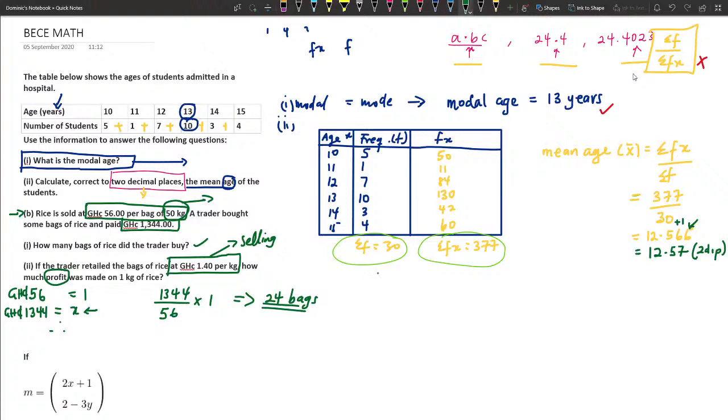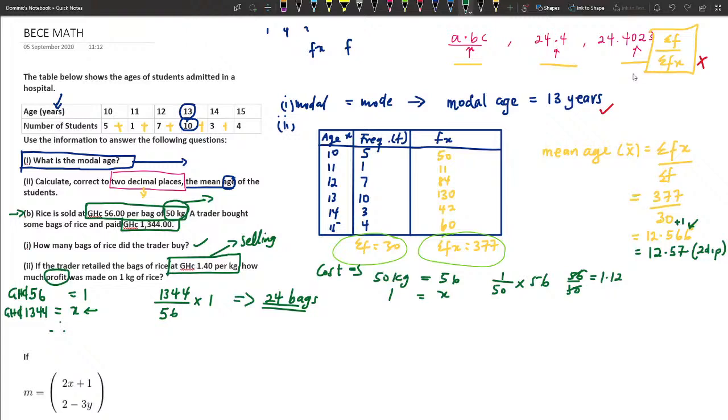So if I have 50 kilos, we are calculating the cost price. If I have 50 kilos giving me 56 Ghana cedis, then 1 kilo should give me less than that. If less, more should divide. So it's going to be 1 over 50 times what? 56. In doing that calculation, it becomes 56 over 50, and when we do our breakdown, we should get